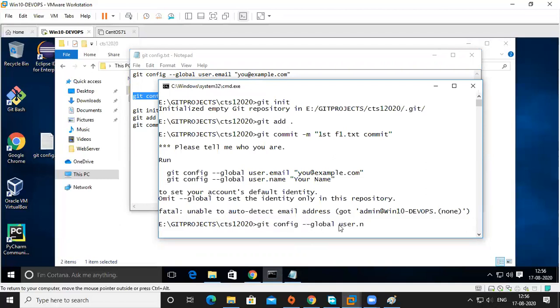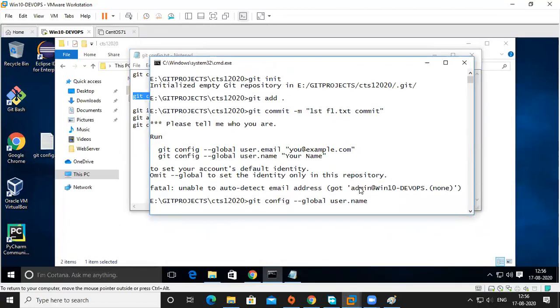Now I'm giving my name. Okay, sorry, control Z. So user.name, and in quotations, what is my name? Latif Shekhar. I can use anything, so I can use Latif Sheikh Novel.